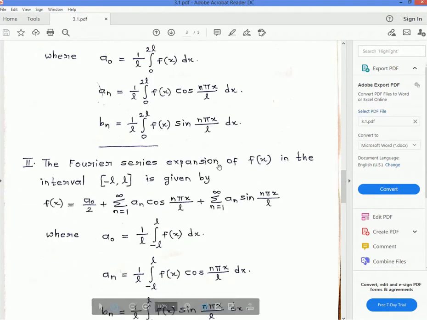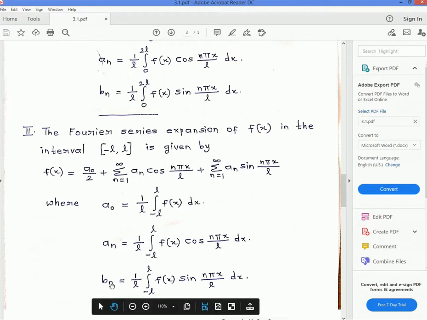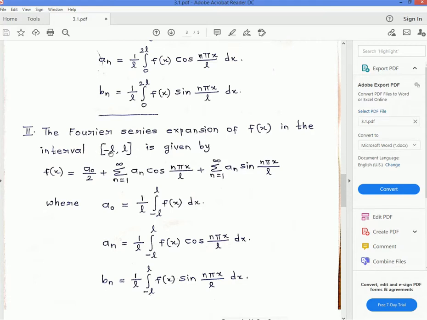Similarly, the Fourier series expansion of f of x in the interval minus l to l is given by f of x equal to a naught by 2 plus sigma n equal to 1 to infinity of a n cos n pi x by l plus b n sin n pi x by l. So what is the a naught value? 1 by l integral minus l to l f of x dx. a n is 1 by l integral minus l to l f of x into cos n pi x by l dx. b n is 1 by l integral minus l to l f of x into sin n pi x by l dx. Suppose the Fourier series is in the interval minus pi to pi, we just replace l by